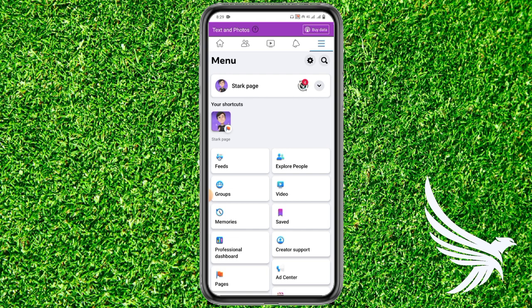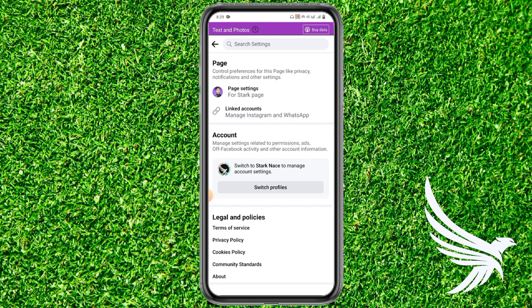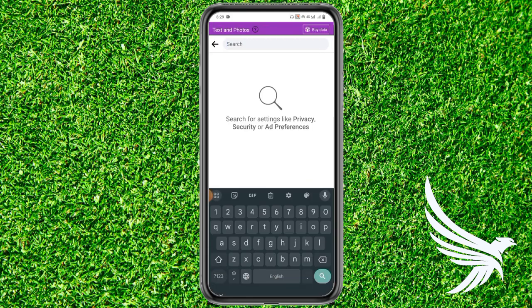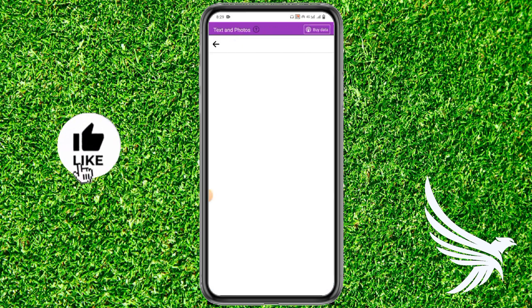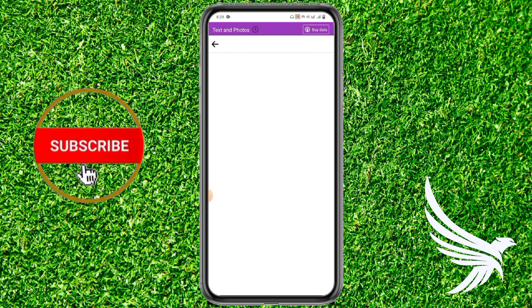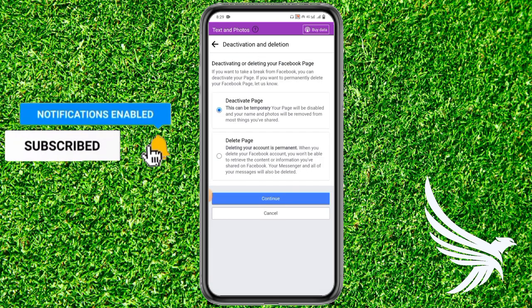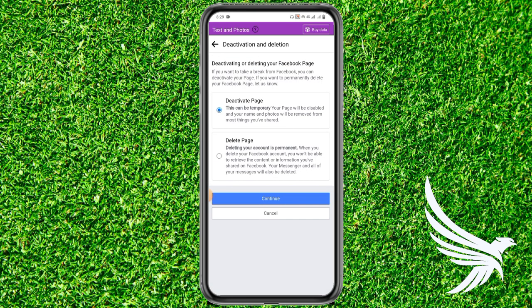Once you come to the menu section, just simply tap on the gear to open up settings and privacy. In settings and privacy, just simply tap on search settings and here search for delete. Once you search for delete, you will get the option of delete page and information. Just simply tap on it, and once you come to that option, here you have to tap on delete page and tap continue